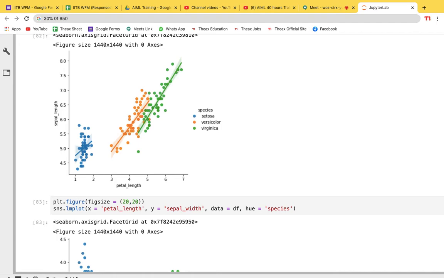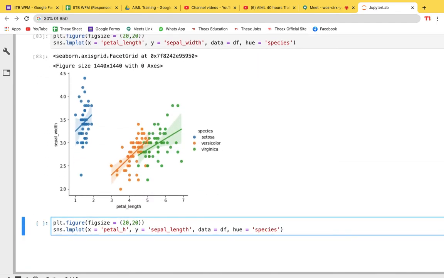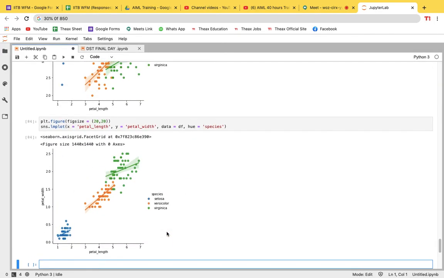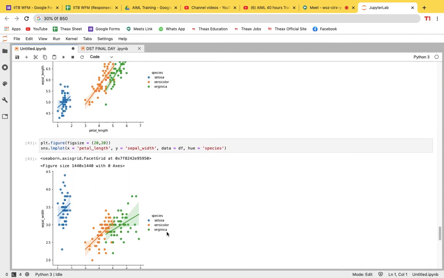Petal length and sepal width. Petal length and petal width should also be there. Petal width. So you can see the graphs out there,